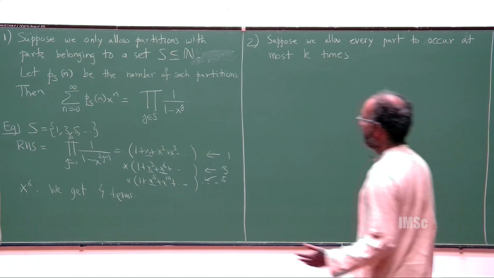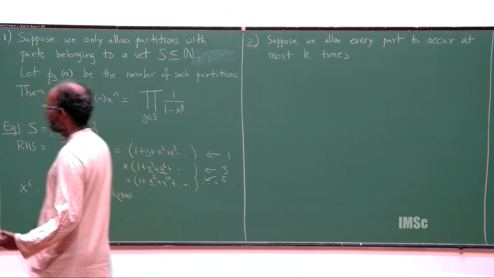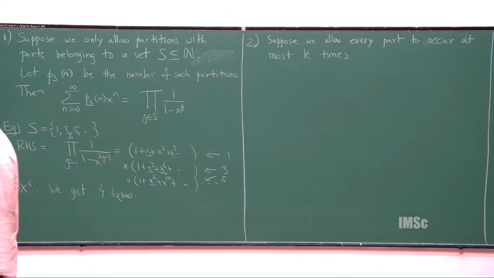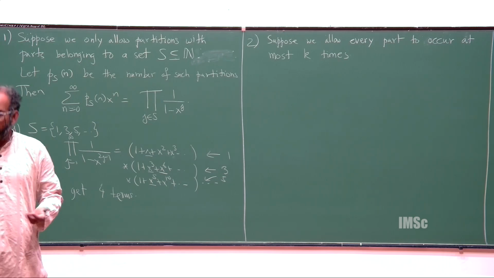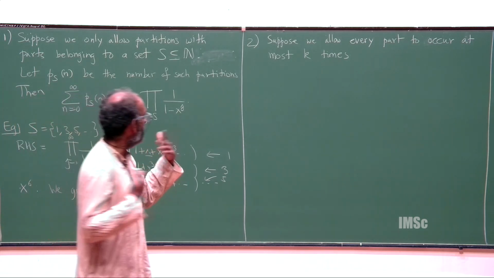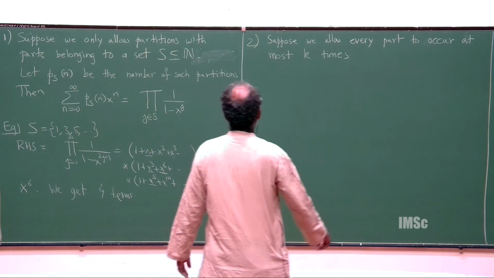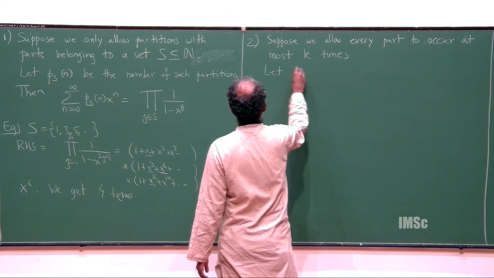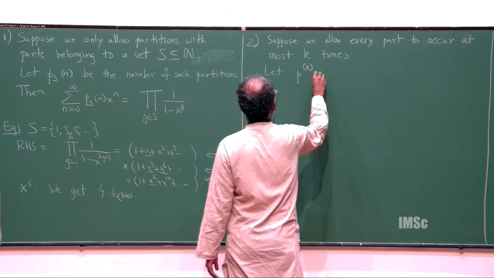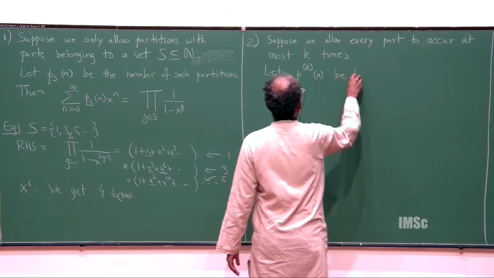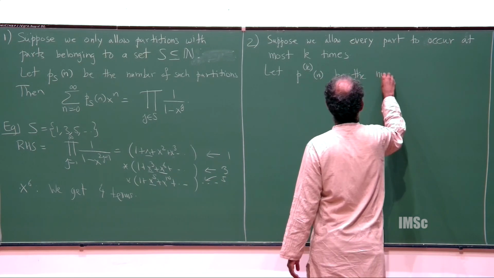For example, if I fix k equal to 3, then I can allow a partition like this, but I cannot allow a partition like this because 1 occurs 4 times, and 4 is greater than 3, right? So if I put that restriction, and I let P upper k of n be the number of such partitions,